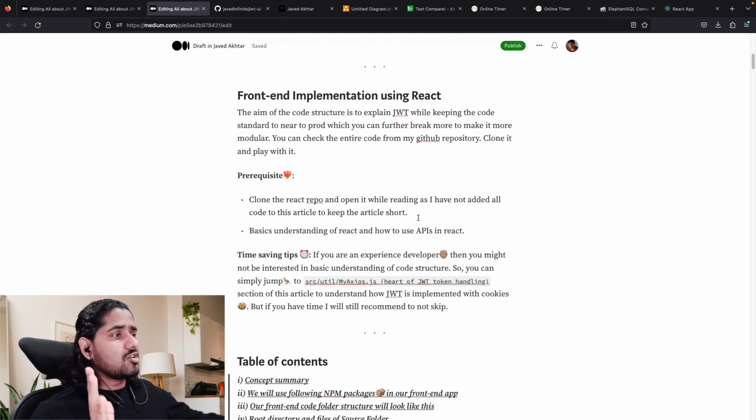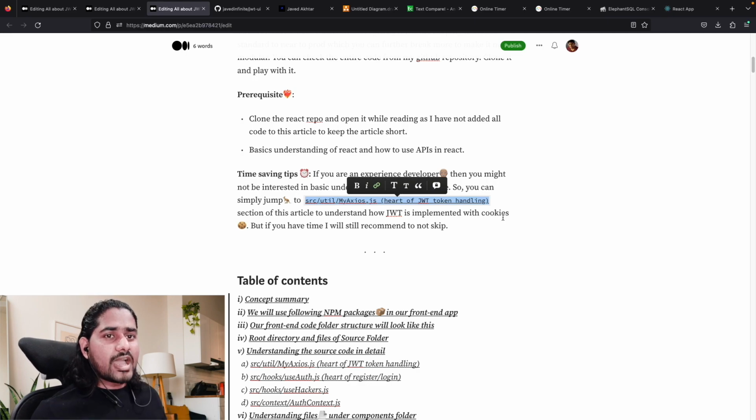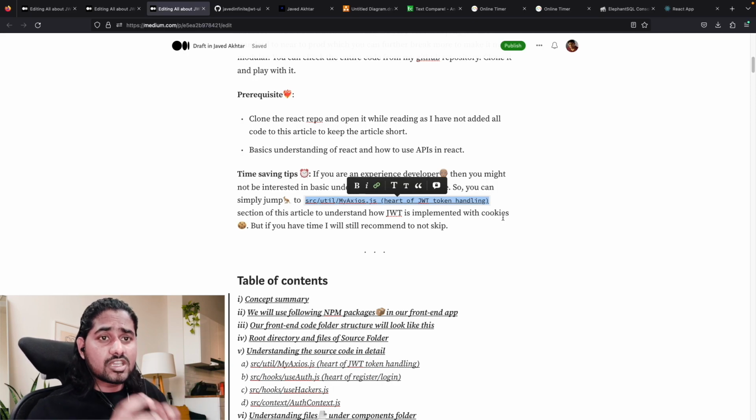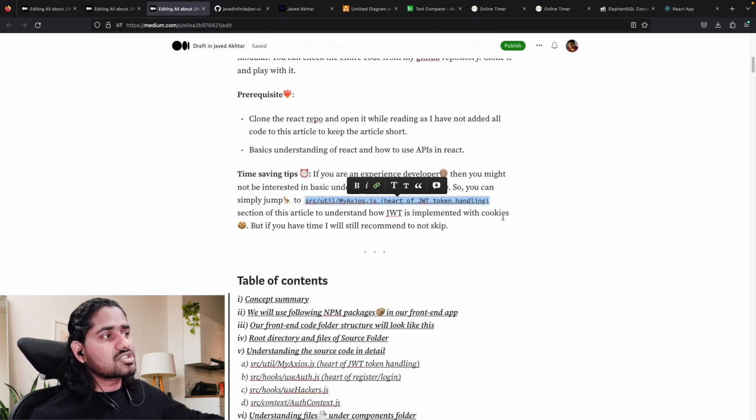If you are an experienced developer, then you can simply jump to the section of the code where I have explained the actual requirement of JWT, what the exact important code is to explain what JWT is, and how you implement the JWT concept inside a React application. If you are here only to understand that part, then I would suggest you just click this